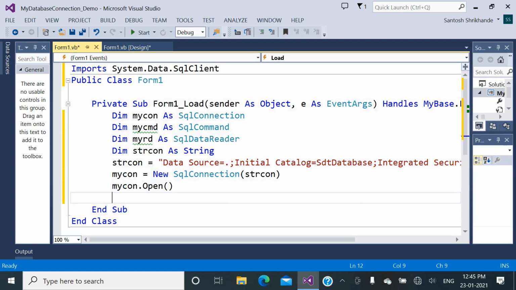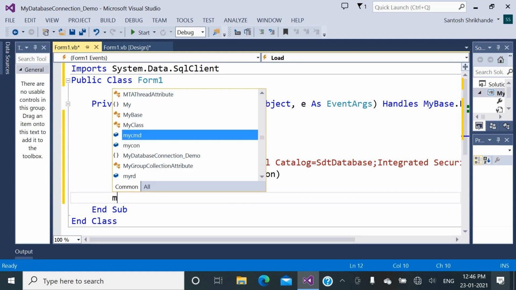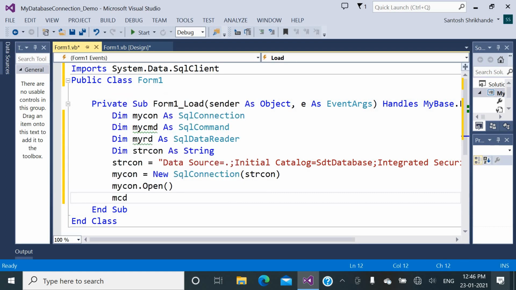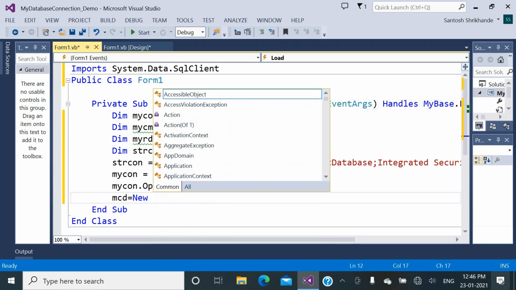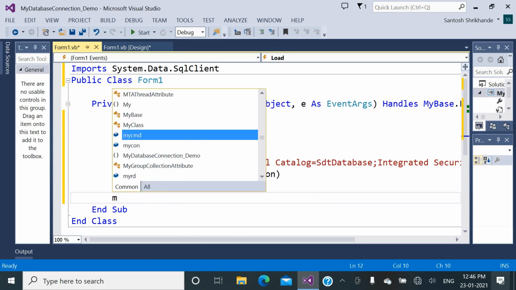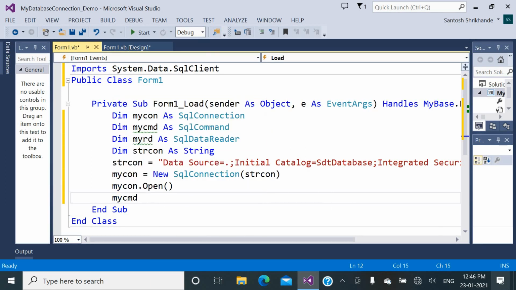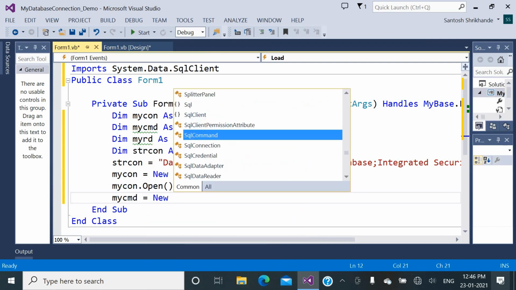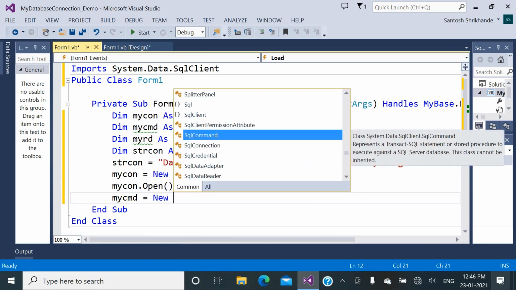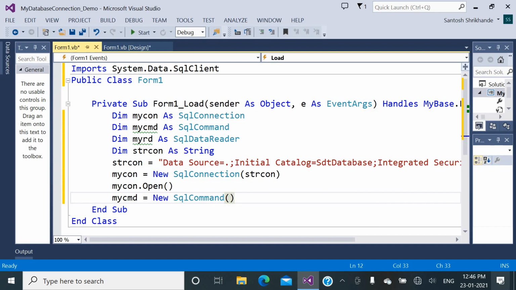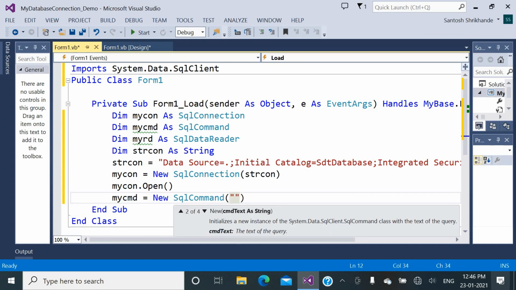For executing the query we need to create an object of the SQL command class. So mycmd equal to new SqlCommand, and in this SQL command we need to provide the SQL command.